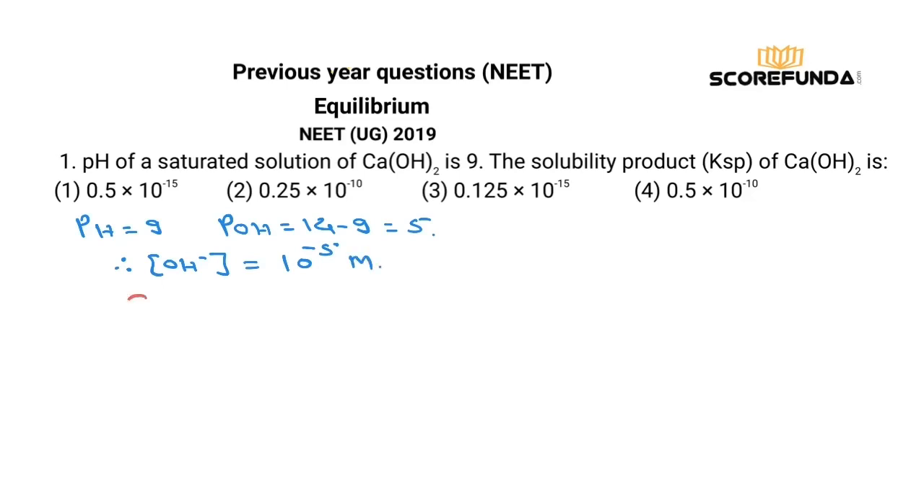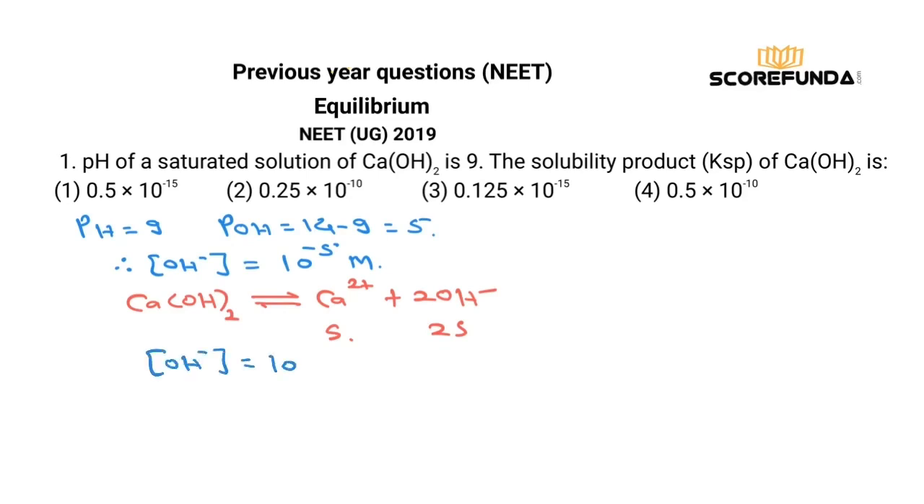अब क्योंकि Ca(OH)2 on dissociation will give Ca2 plus and twice OH negative. So इसके लिए this should be 2S and this should be S. But concentration of OH negative equals to 10 to the power minus 5 equals to 2S. Therefore, concentration of Ca2 plus should be equals to 10 to the power minus 5 divided by 2. And therefore,